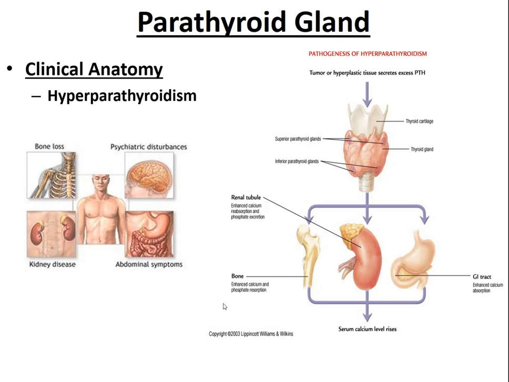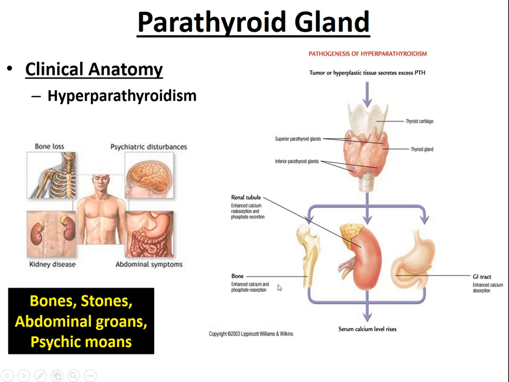More reabsorption of calcium from the kidney means more chances of stone formation, and more calcium absorption from the small intestine, and high calcium level causes high neural impulses leading to psychiatric disturbances. So it is a dictum that it is bones, stones, abdominal groans, and psychic moans in